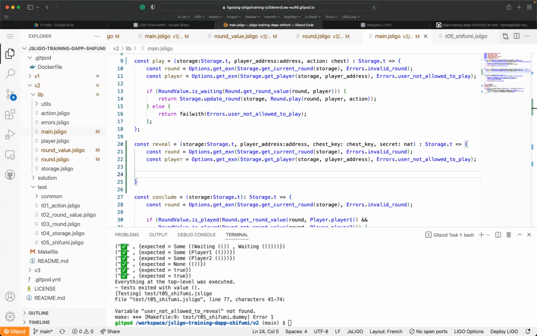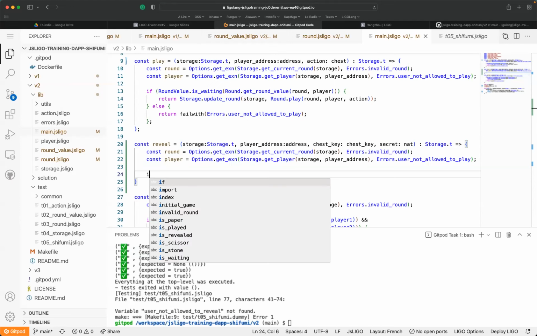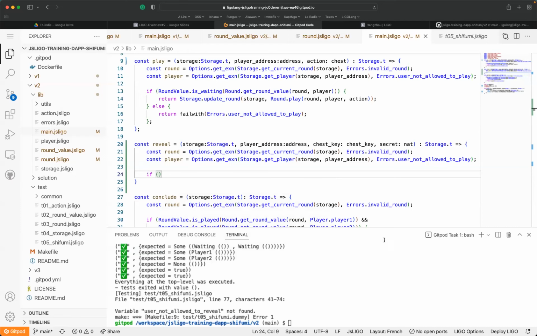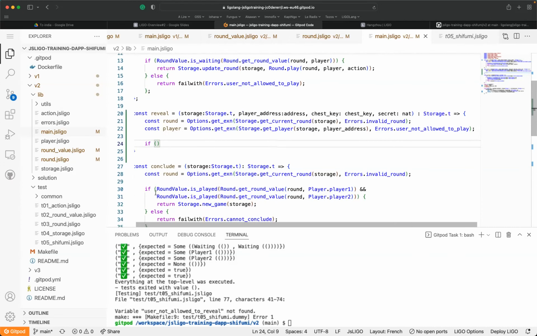Okay, so if both players are in waiting stage, we should fail. Otherwise, if both players have played, we are in played or not status. Okay, so we can try to reveal. So first one is if player 1 and player 2 are in waiting states.